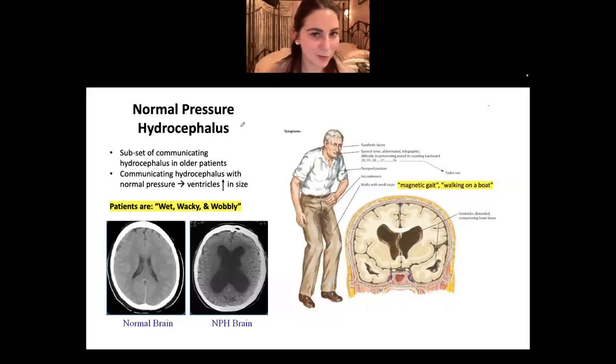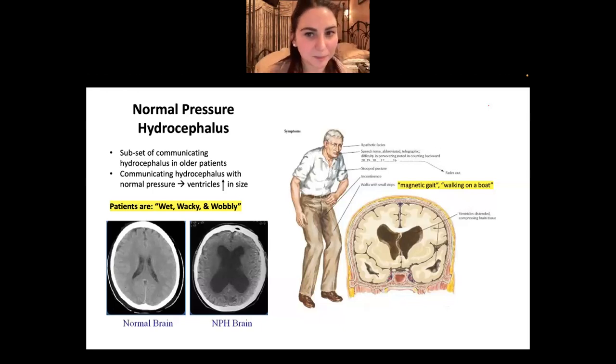you can't tell almost. The head doesn't look like it's getting bigger, and the intracranial pressure might not be much higher. It just seems like everything's very normal, but it's technically hydrocephalus. And the reason why is there's just going to be more CSF in these patients' brains, but it's because the